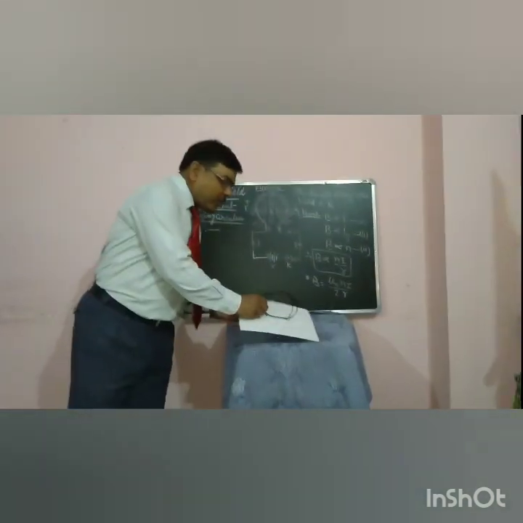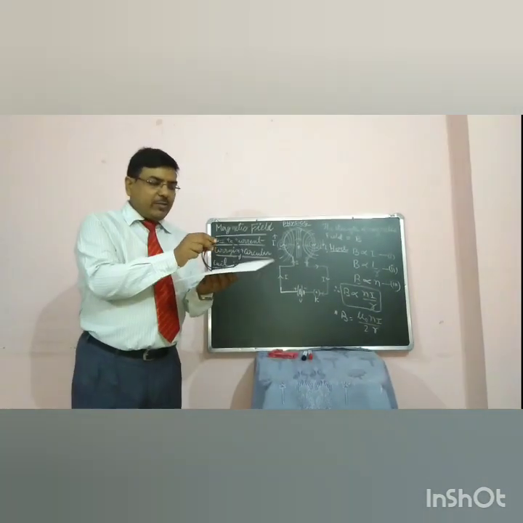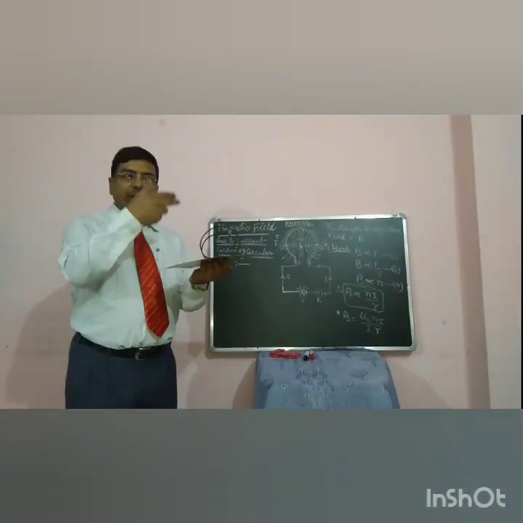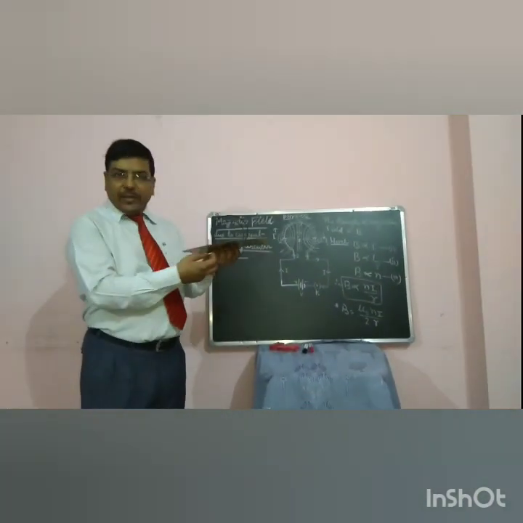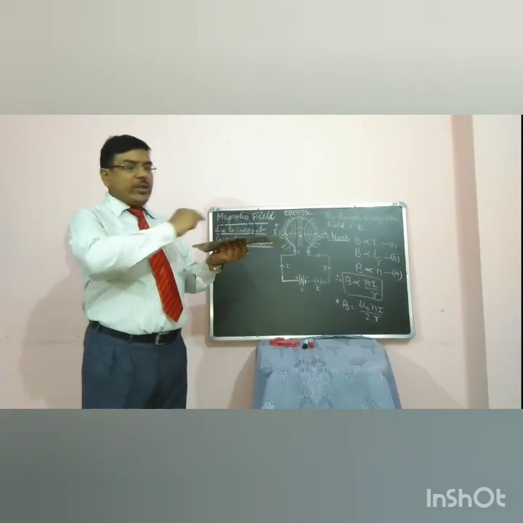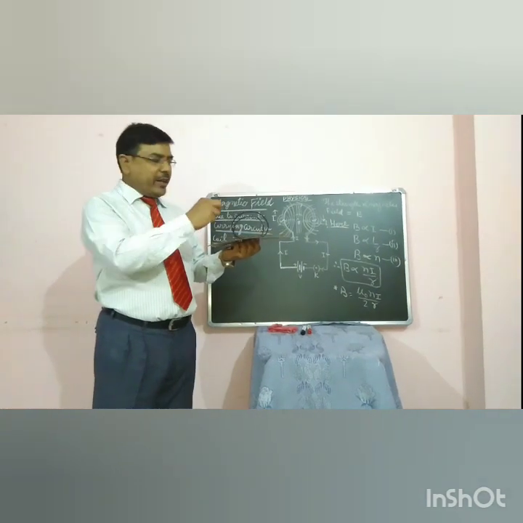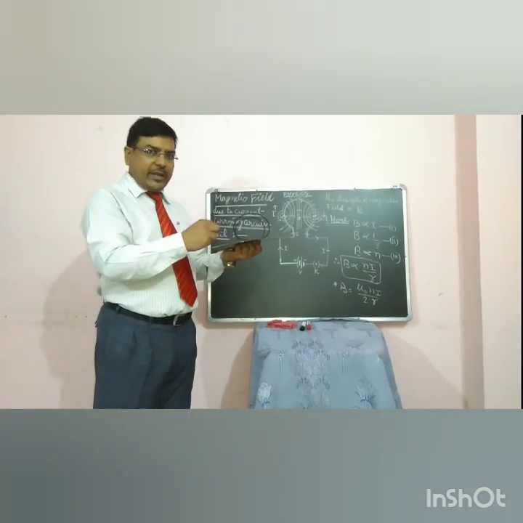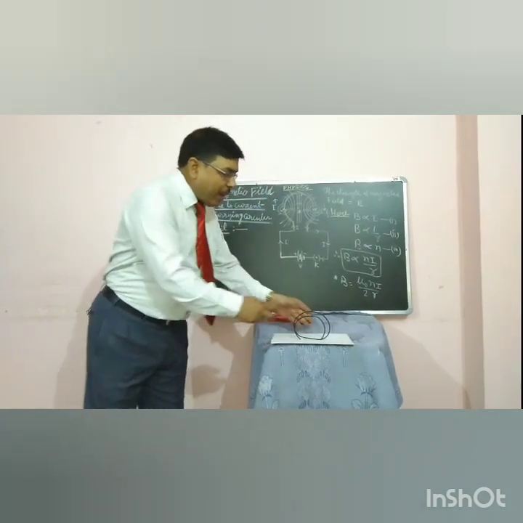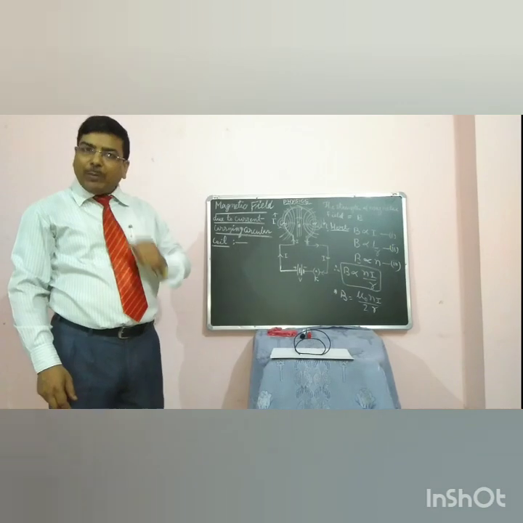This circular coil, I have just made it in two turns. You can make it in any number of turns, and this is perpendicular to the horizontal table surface, supposing, and below that there is a battery connected. If the current passes through this circular coil, what happens?